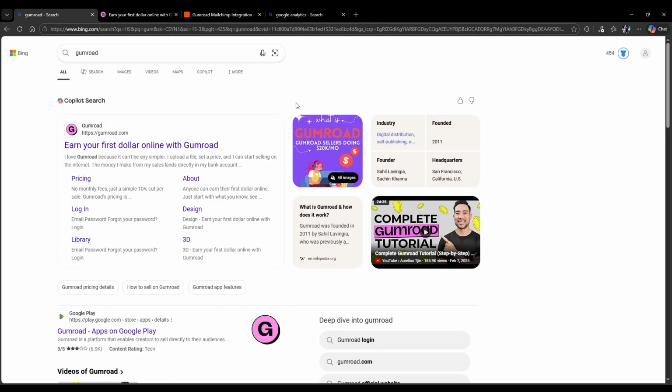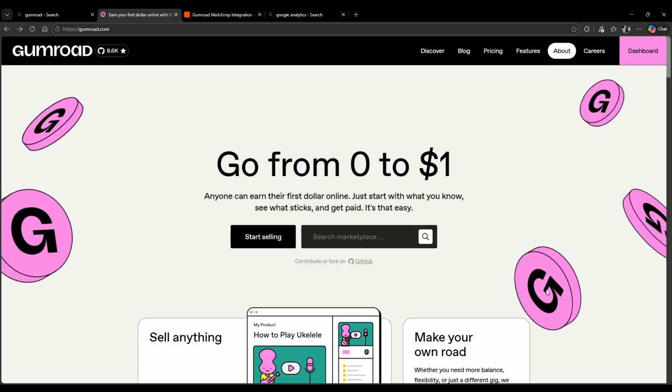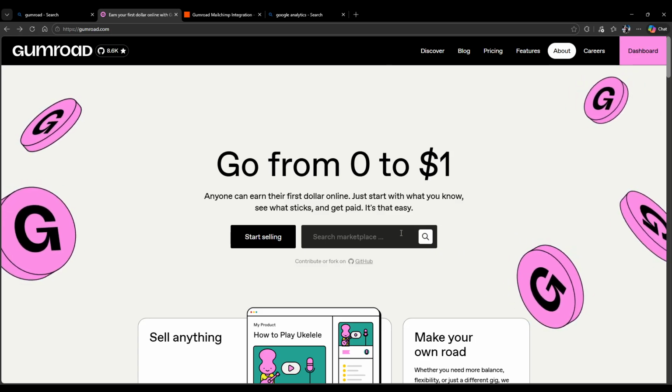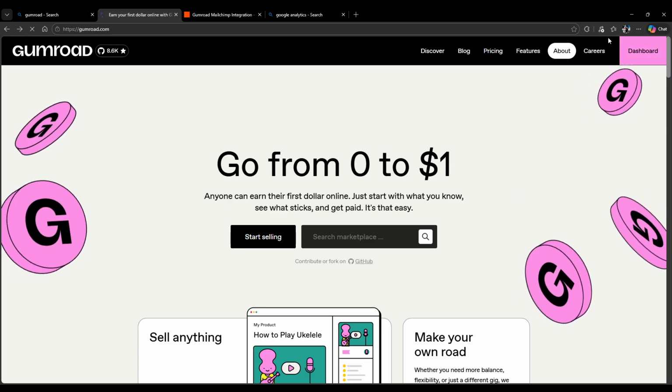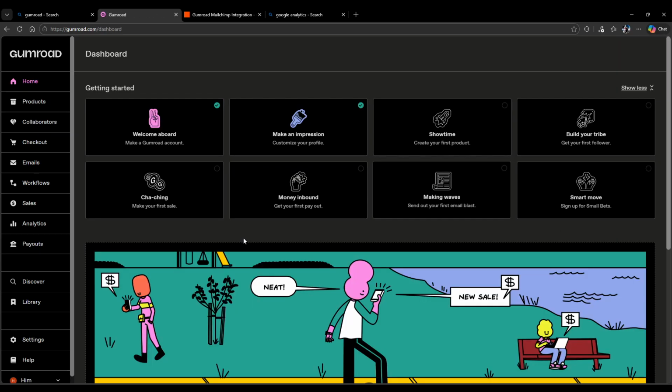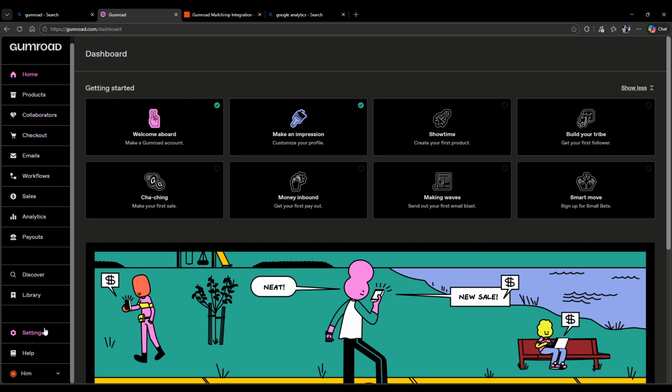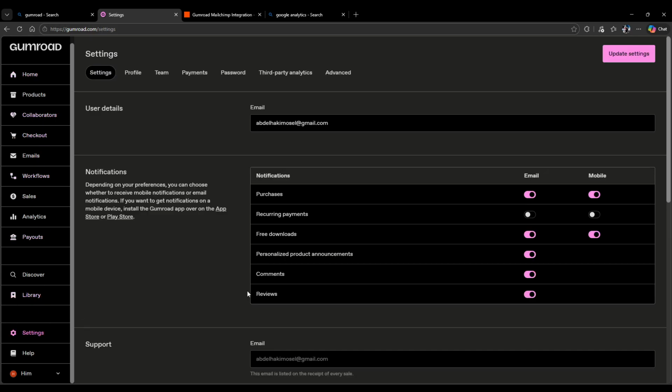Now we're gonna go back to look for Gumroad. Tap on the link, then open this new tab. Log in again using your email address and password, then go and tap on dashboard. Now we're gonna go all the way to look for settings. So basically in the old platform we had this in advanced, but as for now we can just go to